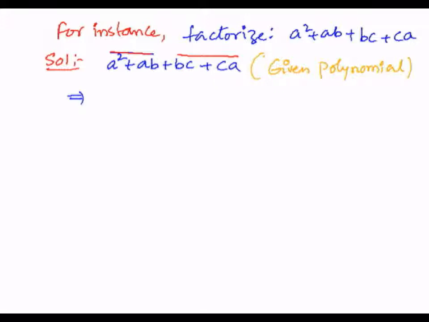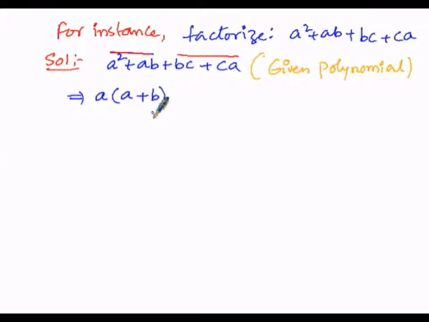So here among the first 2 terms, I want to take a as common, because a square can be written as a into a. There exists one a, and in ab also exists a. So a is taken out as common in the first 2 terms. When a is taken out from a square, one more a is left over, such that a into a will be a square, plus when a is taken out as common, then there will be only b inside the bracket,